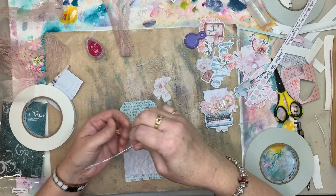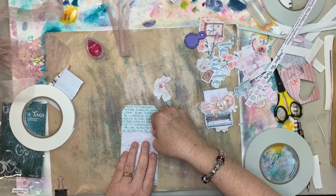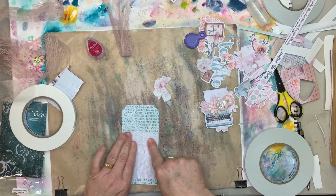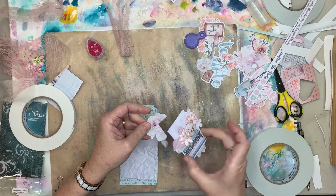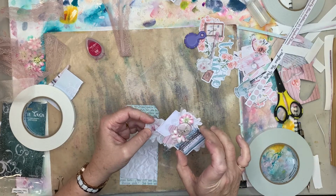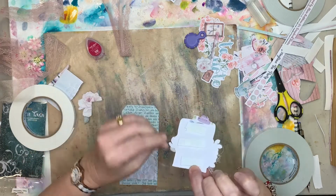So then what we're going to do is place a bit there. Then we will stick, that's going to fit underneath. So let's,